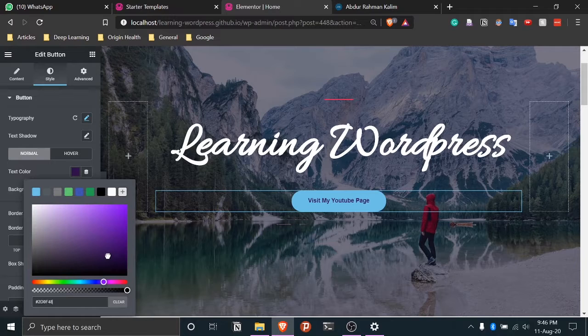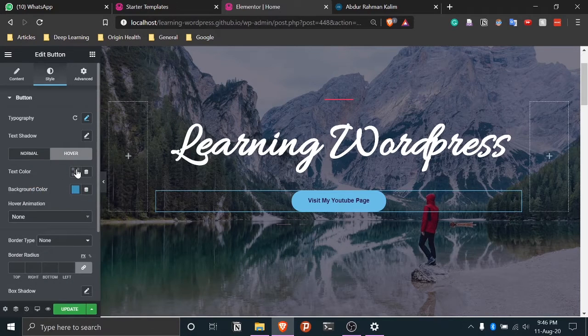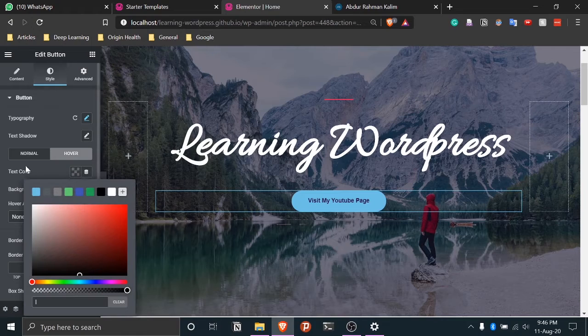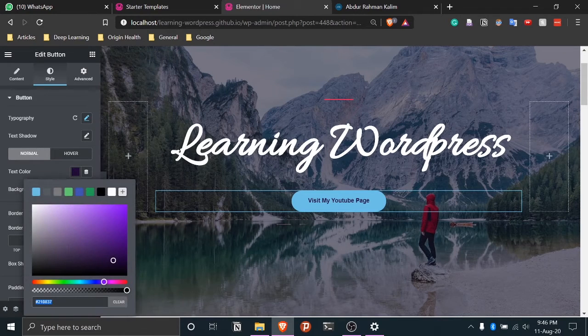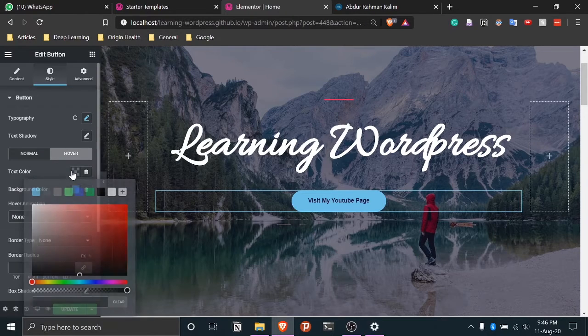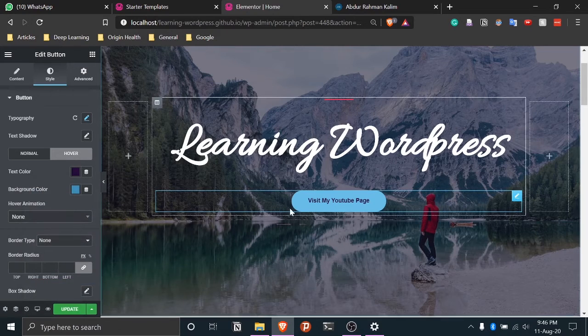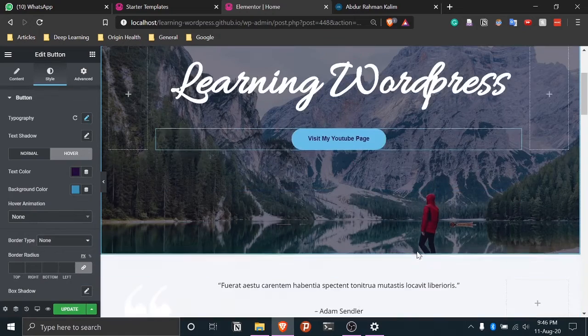So a lot of options are there, so we can select this, and here for the hover and for the text, for both we can choose the same thing if you want. So we'll go here, we can copy this color from here, and then we can go to hover, and then for the text again we can put the same thing. So you can see now this is exactly the way we want.